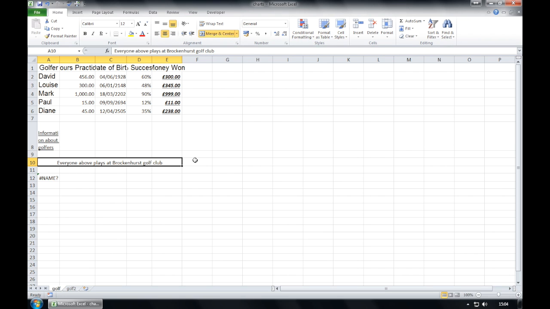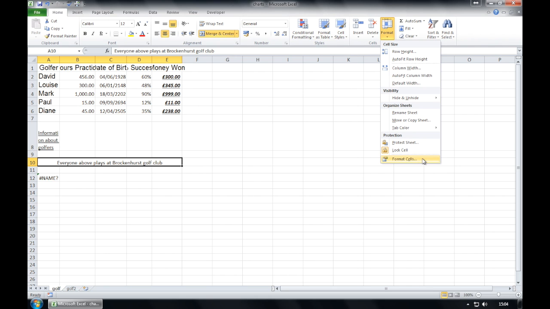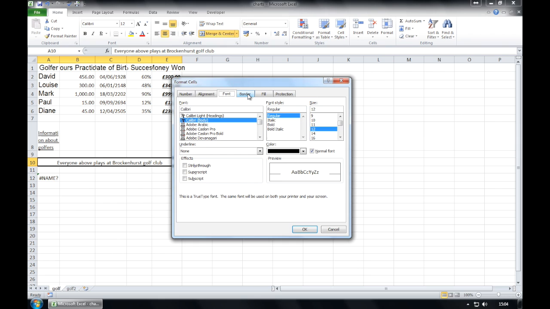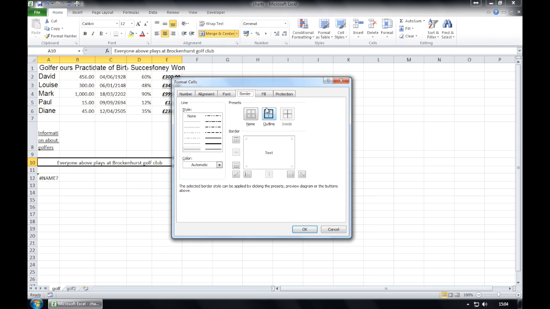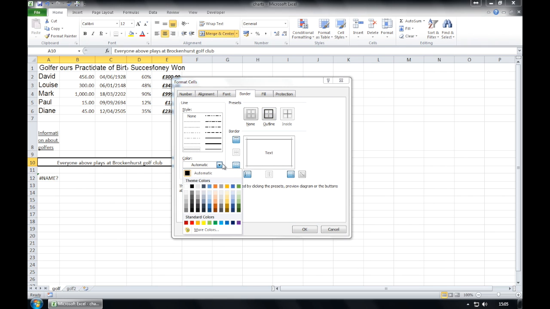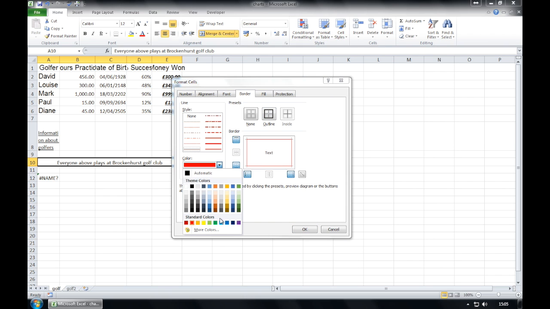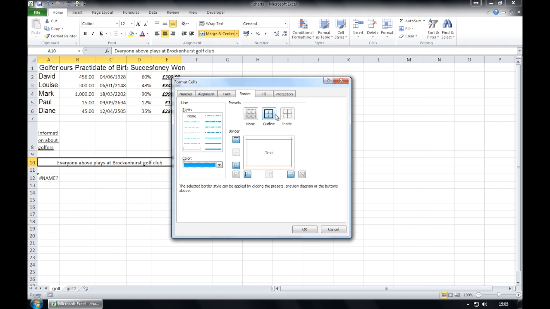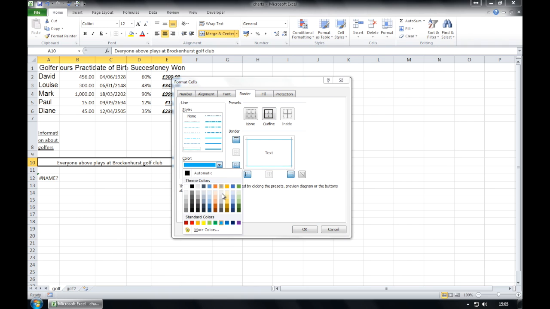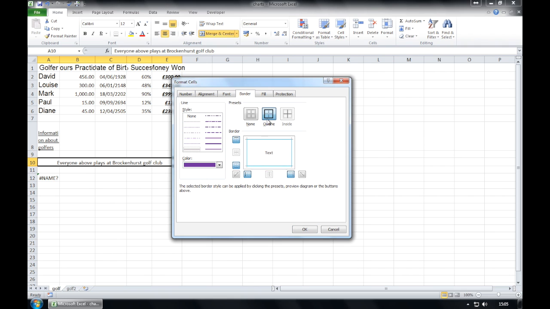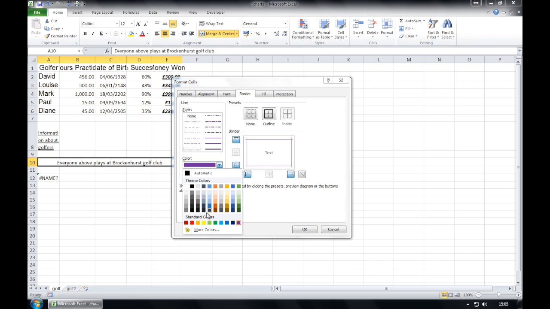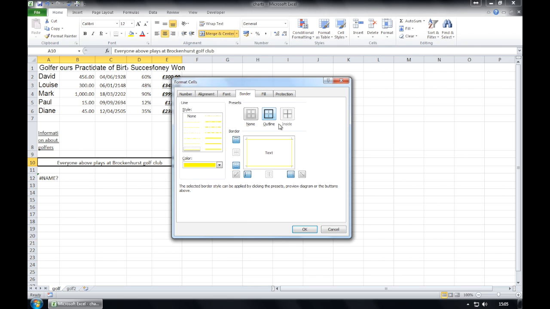We also then want to add a colour border around it. We're going to format, format cells. We're going to choose border. We're going to have a particular border that we want, an outline in this case, and we can choose a particular colour that we're after for this outline. Notice if you choose a different colour, you then have to click outline again to change it. So I'm going to go back to a yellow outline. Okay.